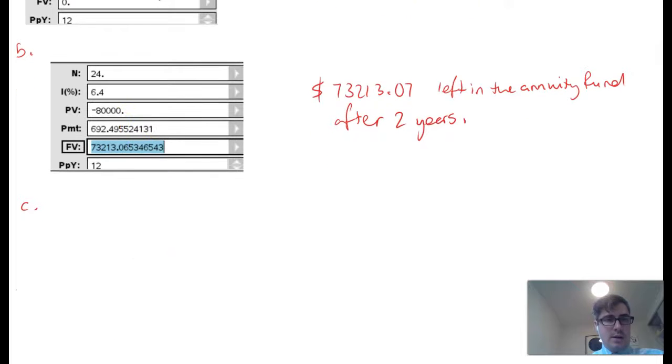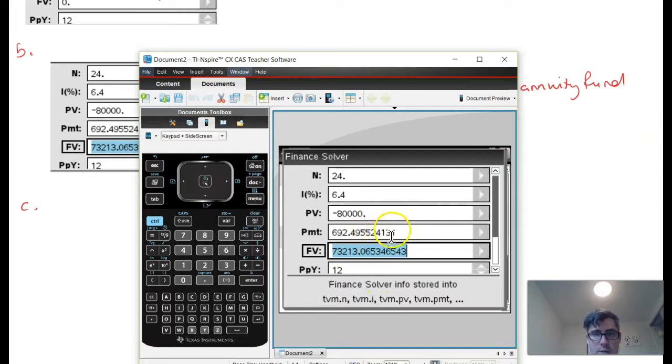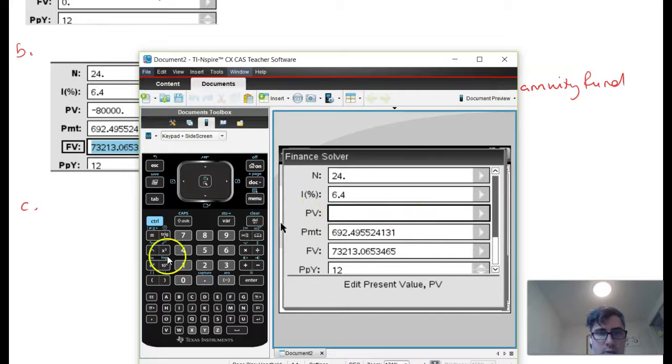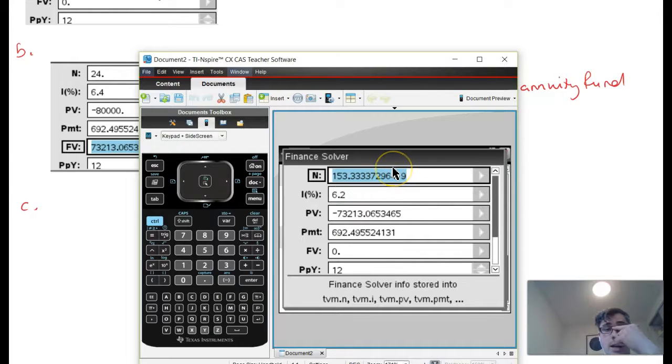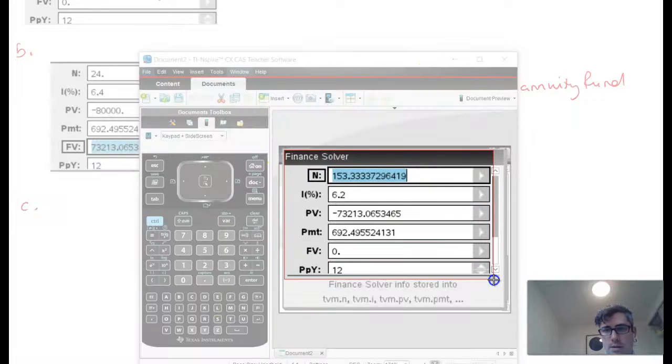Okay, so this is where you keep that withdrawal the same. You copy, using Control C, the value of her investment. Now this is invested, so it stays negative. Alright, and we're going to ask this to be 0, because that way it runs out. Change the interest rate to its new one, and now we're going to ask for how many months there are to the nearest month. Okay, so she can withdraw that amount for basically 153 months, and then a little bit at the end. So to the nearest month is just 153